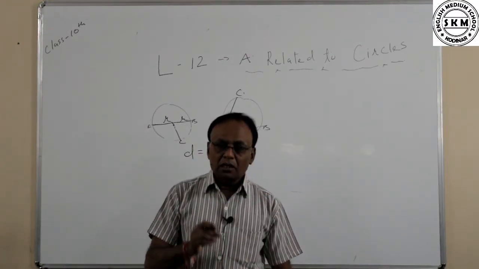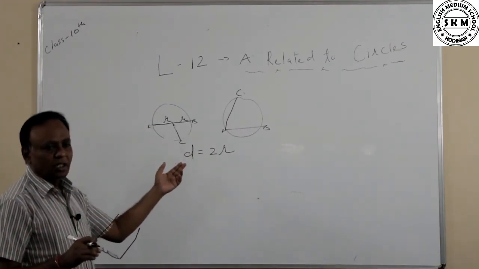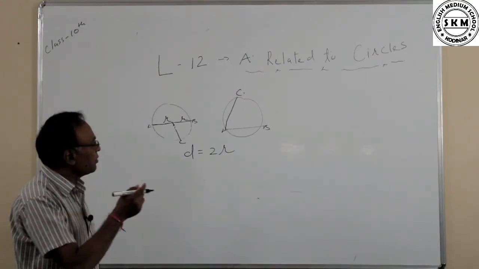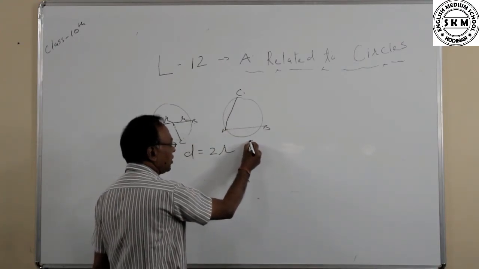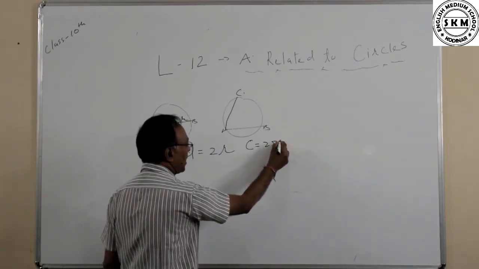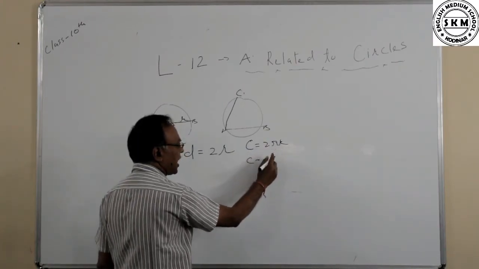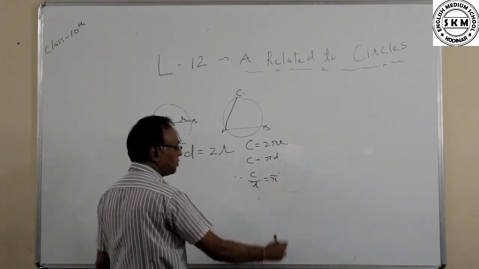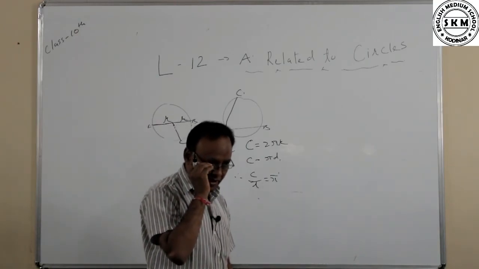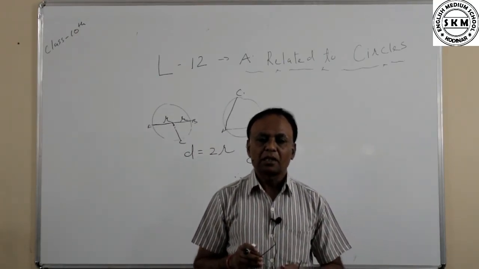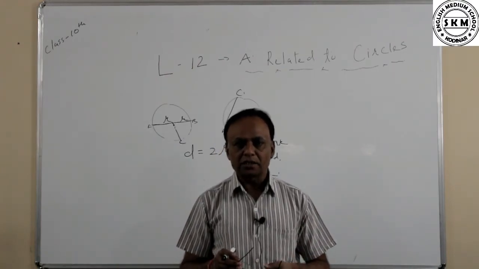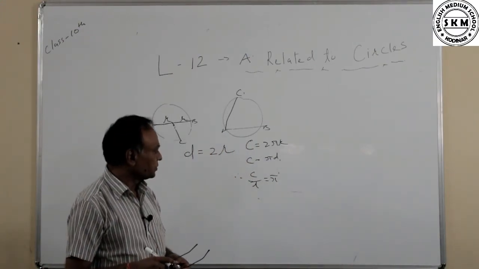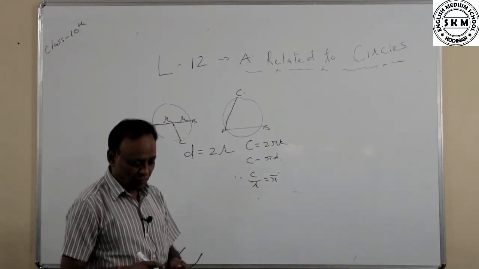So now one topic is remaining, it is the circumference. It is the perimeter of a circle. Perimeter of a circle means the border. So circumference, denoted by C, is equal to 2 pi r, or 2r is called the diameter, so pi into d, or C upon d is equal to pi. Now here pi is an irrational number. Generally we take it as 3.14 or 22 upon 7, but it is an irrational number. So C upon d is equal to pi.